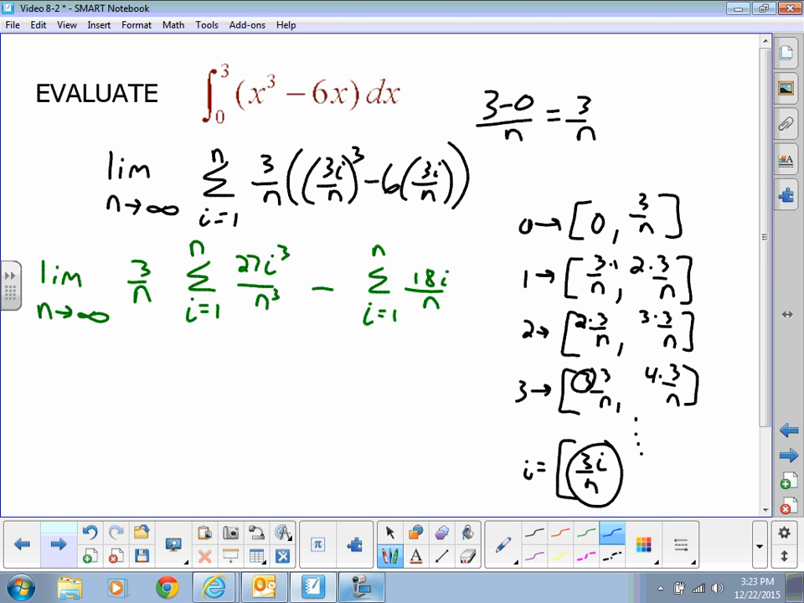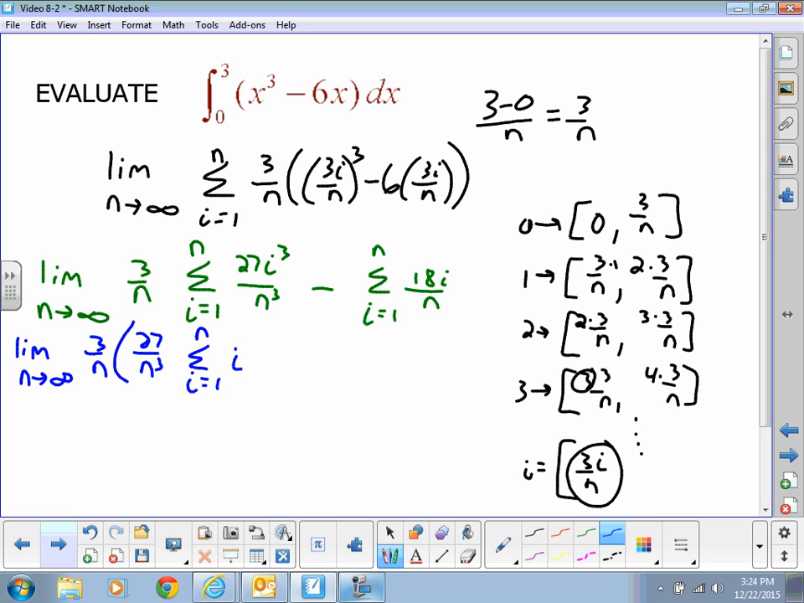Well, remember, in our summation, we're only subbing in for the i's. So our numbers and our n's are actually constants. So we can rewrite this as the limit as n approaches infinity of 3 over n, parentheses. We can pull out the 27 over n cubed, and then we'll leave our summation as i equals 1 to